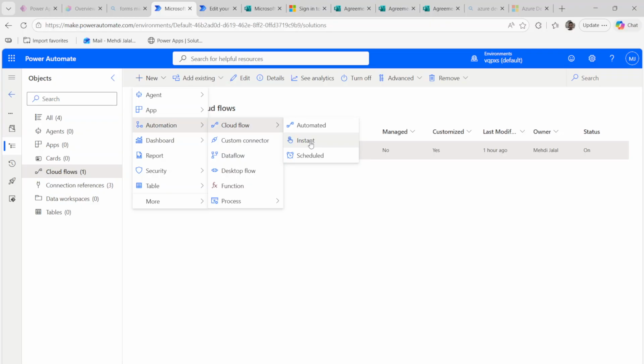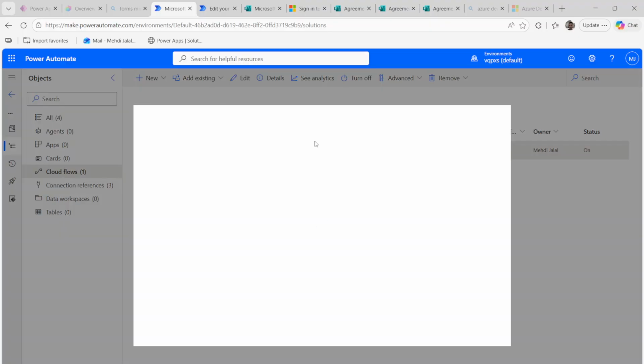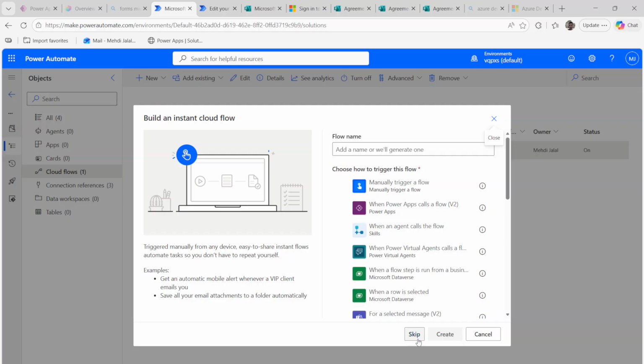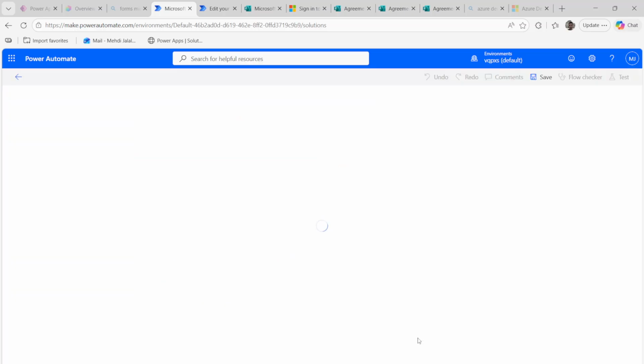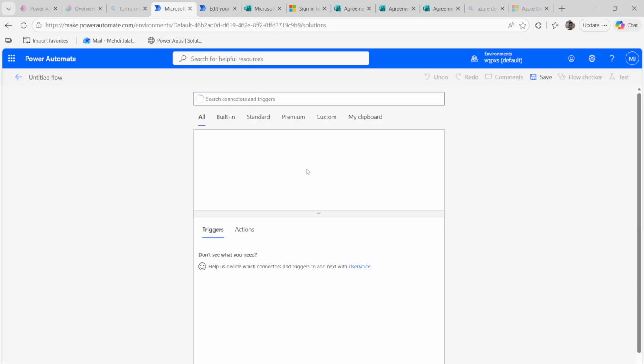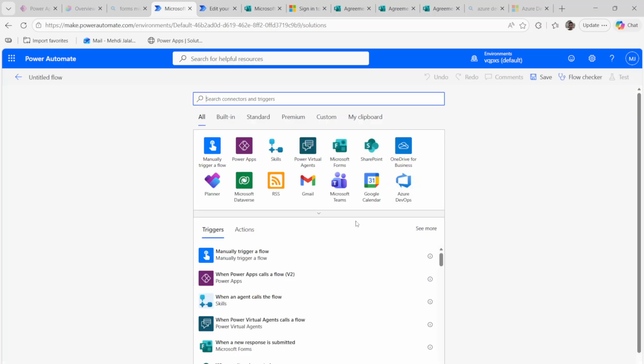We will be creating some data flows for refreshing and a lot of other advanced techniques. So let's get started. I will create an automation here. Let's skip this. Then for the trigger, I'll use the